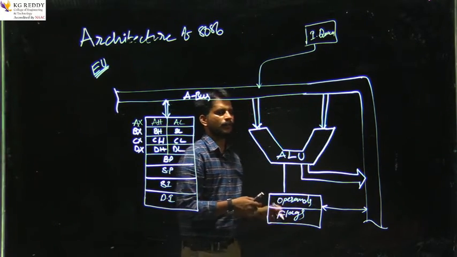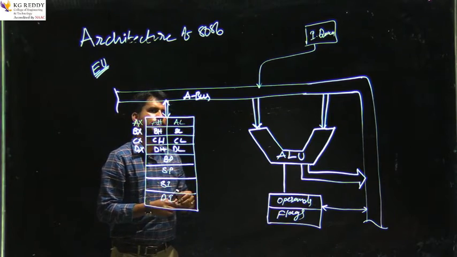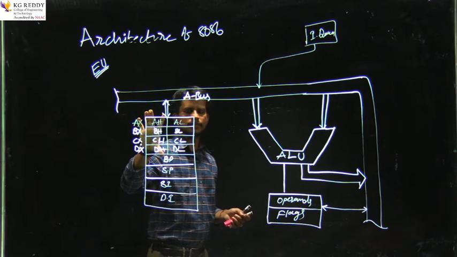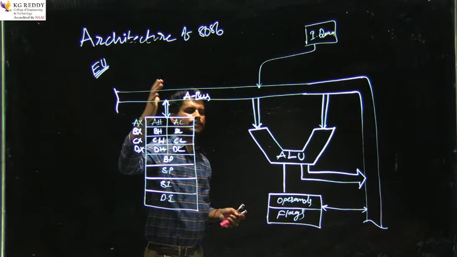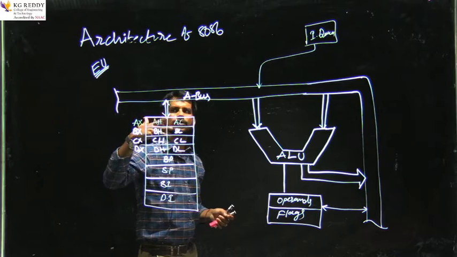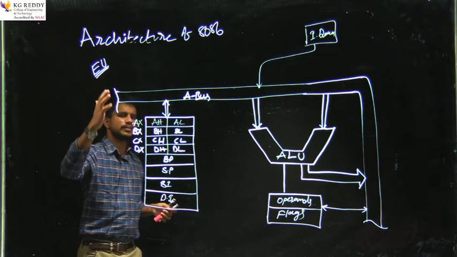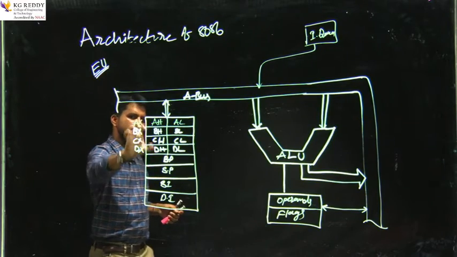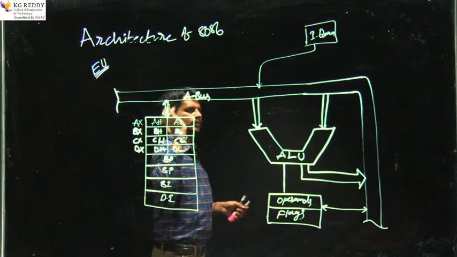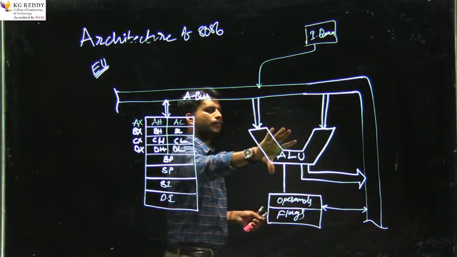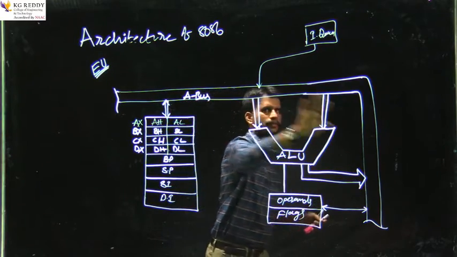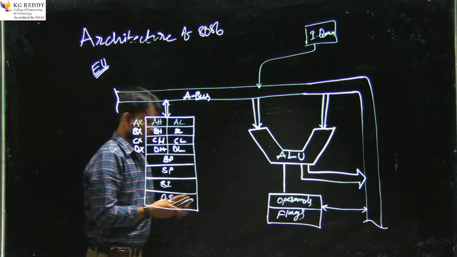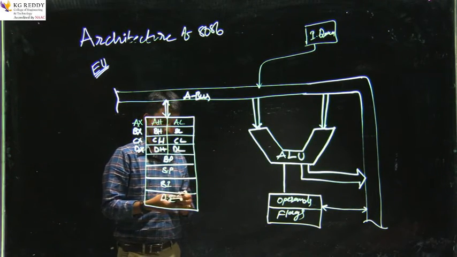Once instructions arrive at the execution unit, the basic data is stored in data registers, and the various addressing modes, different ways of accessing data from memory, are carried out through the pointer and index registers. Once data and instructions are gathered, the ALU performs the operation and gives the result back to the registers to store, or sends it to memory. Now let us discuss in detail one by one. Let's start with the registers.